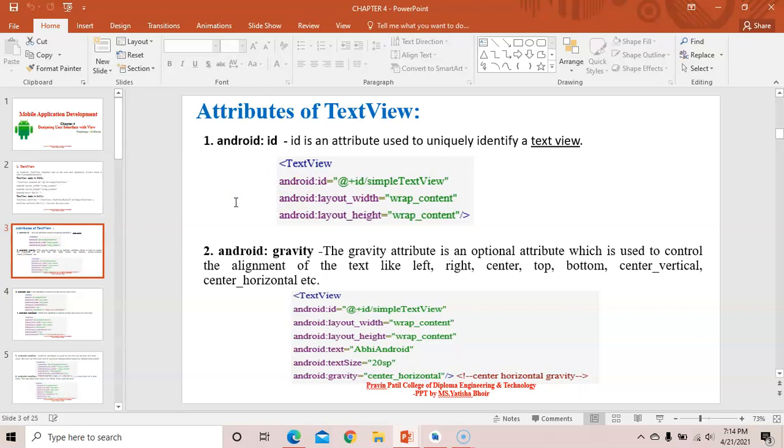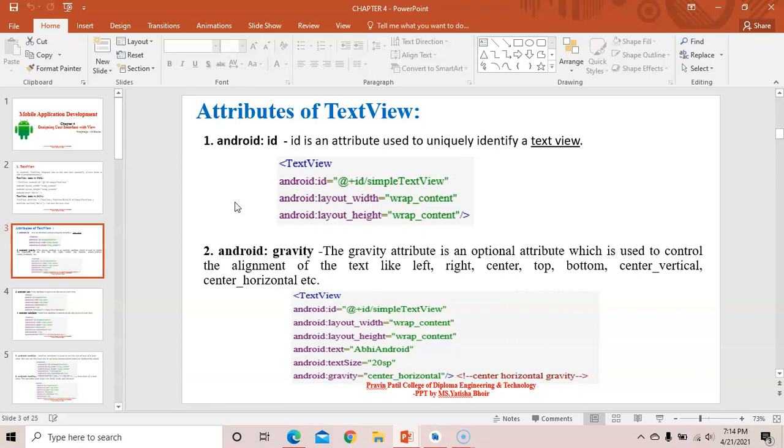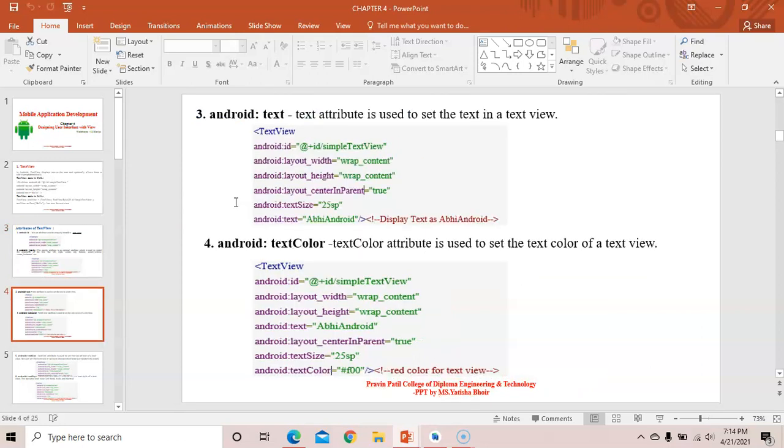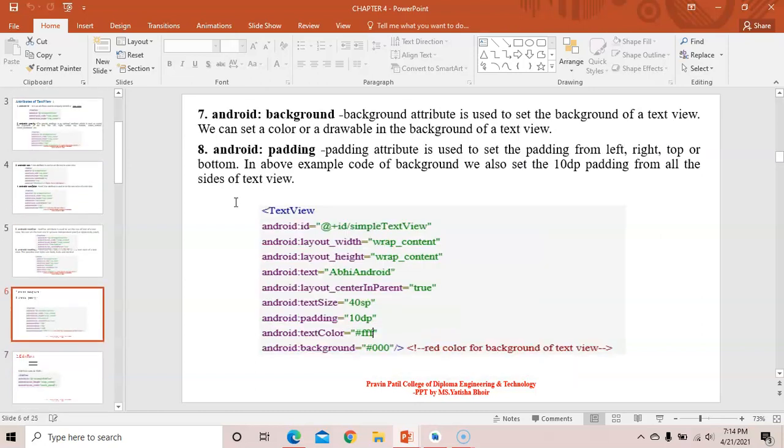Android gravity, which is used to give the position: center, horizontal, bottom, top. Then the text, which is used to display the text. Text color gives a color to your text view. Text size gives the size. Text style gives the text a style. Background and padding. Padding means it will leave space from the left, right, top or bottom.